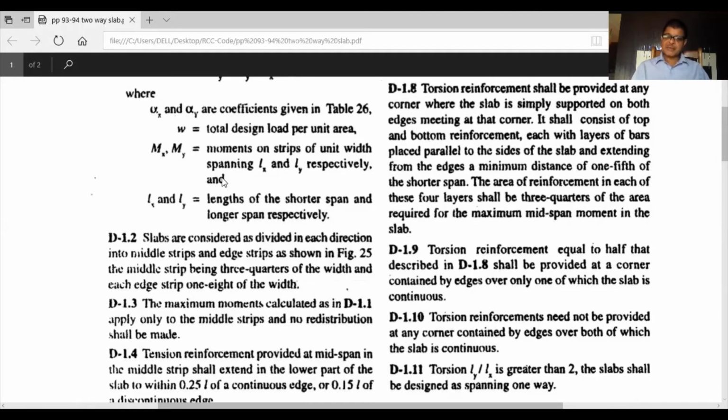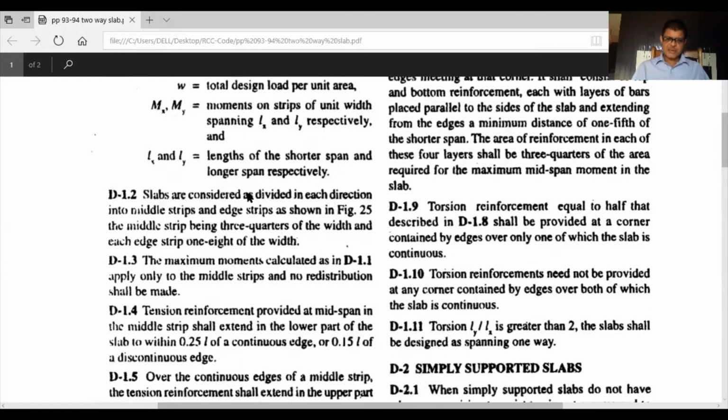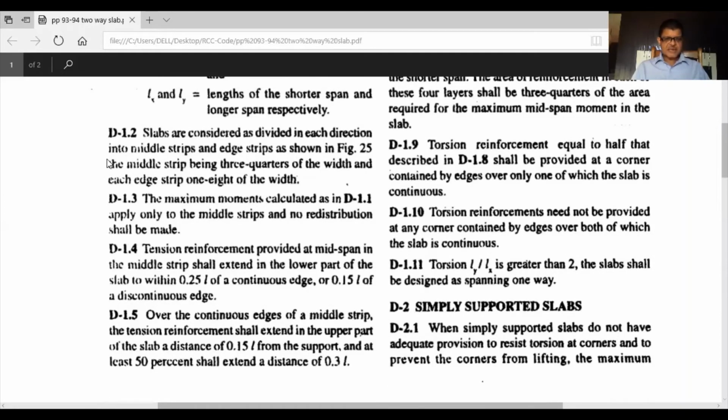You can find area of steel in x direction depending on mx, area of steel in y direction depending on my, and then you can compare with the minimum steel, 0.12% of gross area, and find the spacing of reinforcement, as we have discussed for the cantilever slab and also for the one-way RC slab. Now what is next is D1.2: slabs are considered